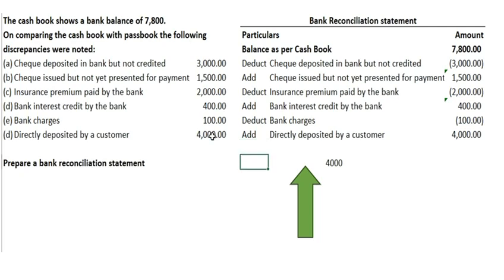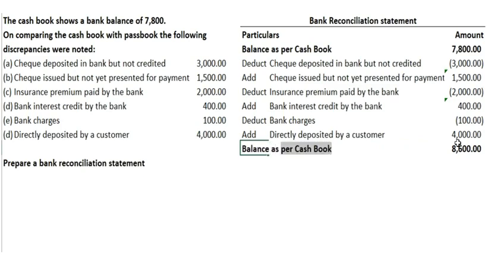Now we have addressed all the discrepancies. Now we need to make a balance. So 8,600 will be the balance as per passbook. Friends, this is the way we need to do the problem. We need to understand